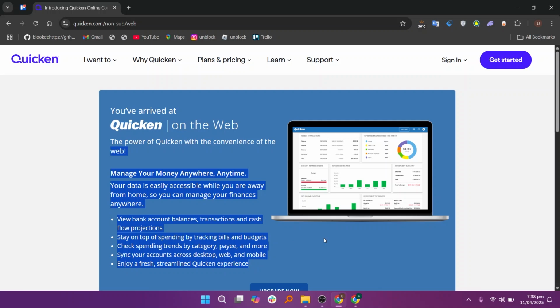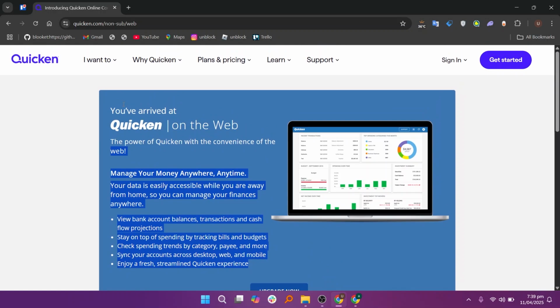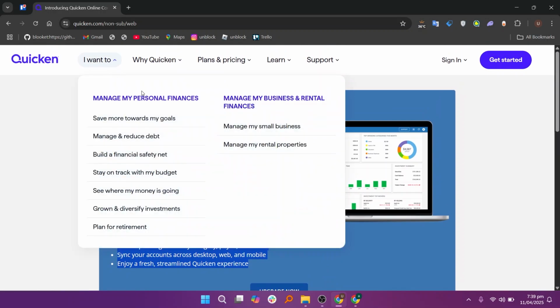Everything in Quicken is customizable. You can tag transactions, split expenses across multiple categories, and even assign transactions to different family members if you're managing a household budget. Quicken allows you to back up your data manually or automatically to ensure your financial records are